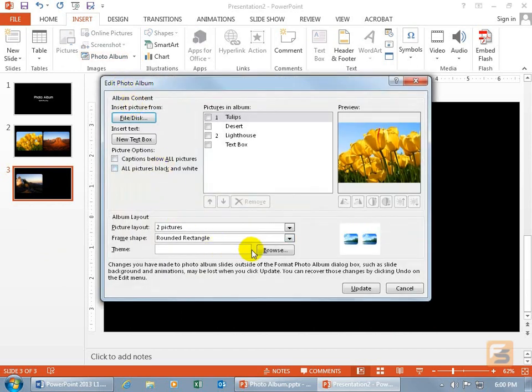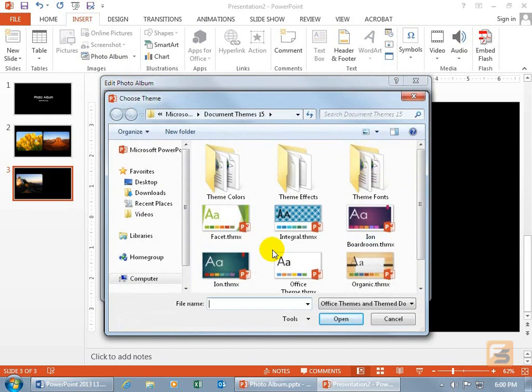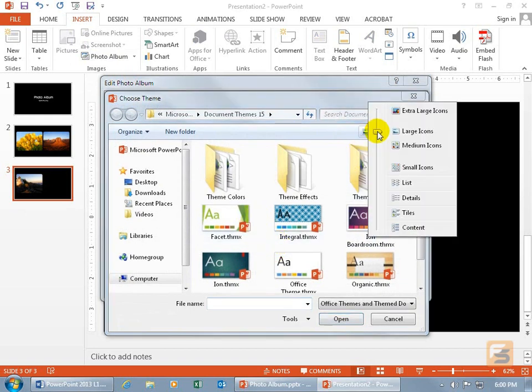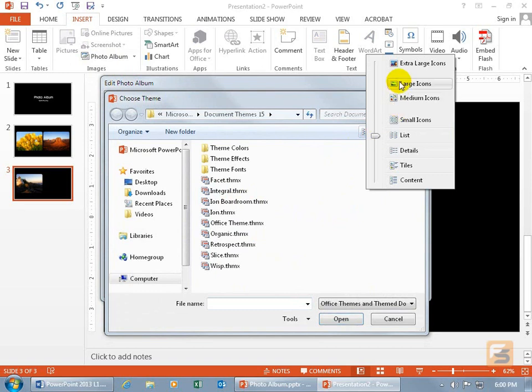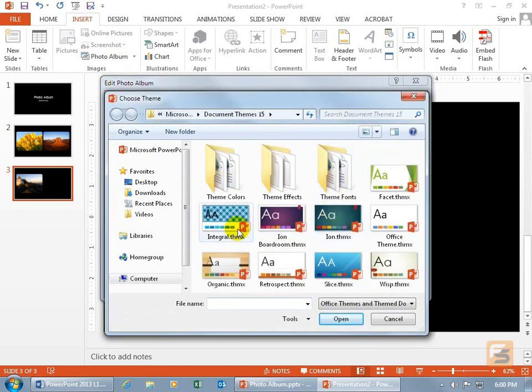And in fact, you do have a choice of themes. Click on the Browse button, and if you can't see the themes because the view is in something as tiny as list, and you're like, what the heck is integral? Then go ahead and click on the drop down arrow and choose large icons, and you can see, oh, it's that horrifying pattern that I don't like looking at. It bugs the eyes. In any case, choose it if you like it, or I will choose Office Theme and